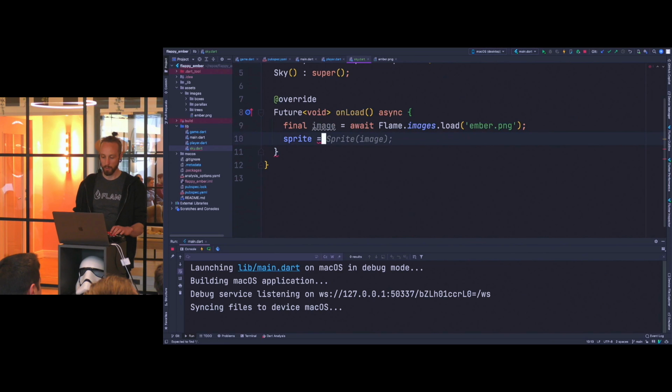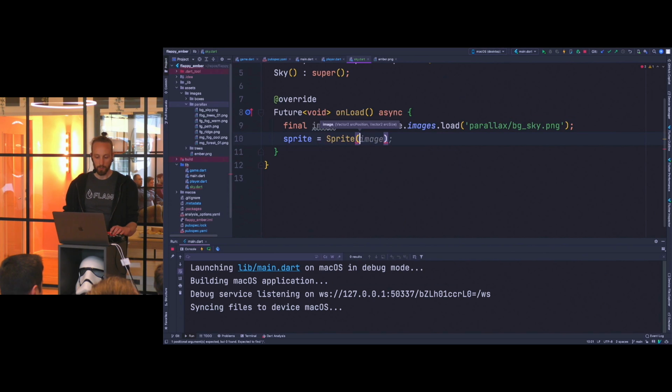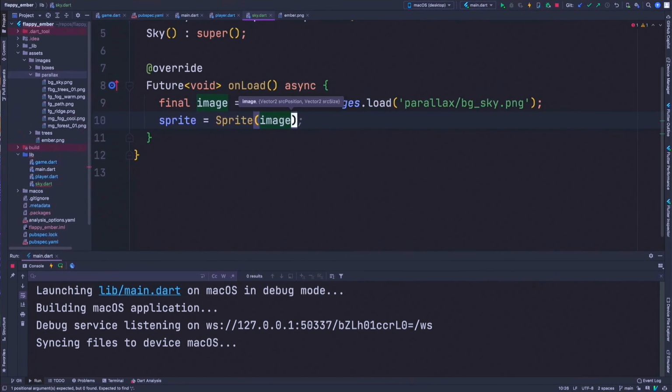And you do this by, we need to load another image here. And I think I stored one here. So when you load images, by default it always looks in assets/images, but you can configure where you want your images on the cache. So let's try that, and we want to give it a sprite. But now for this we will have the same problem as we did with the little player. It won't have a size and it won't have